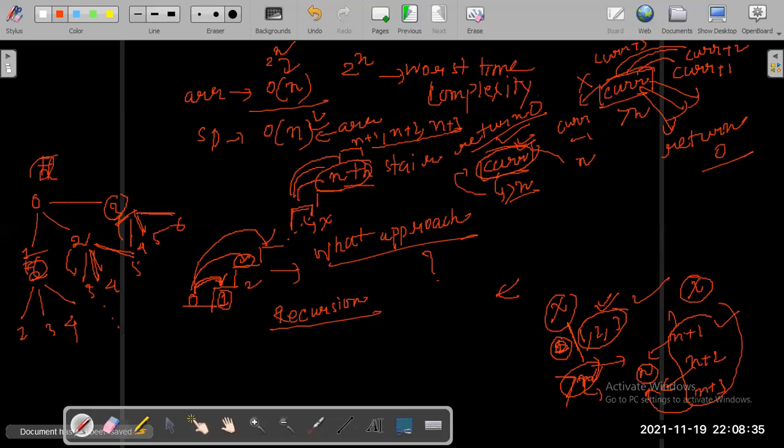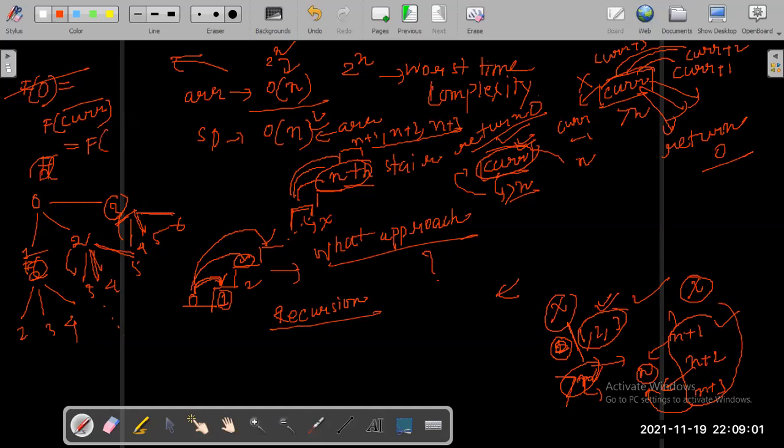Okay, so how shall I devise my recurrence relation? What will be the recurrence relation here? Let's say I am standing at the current stair, CURR.